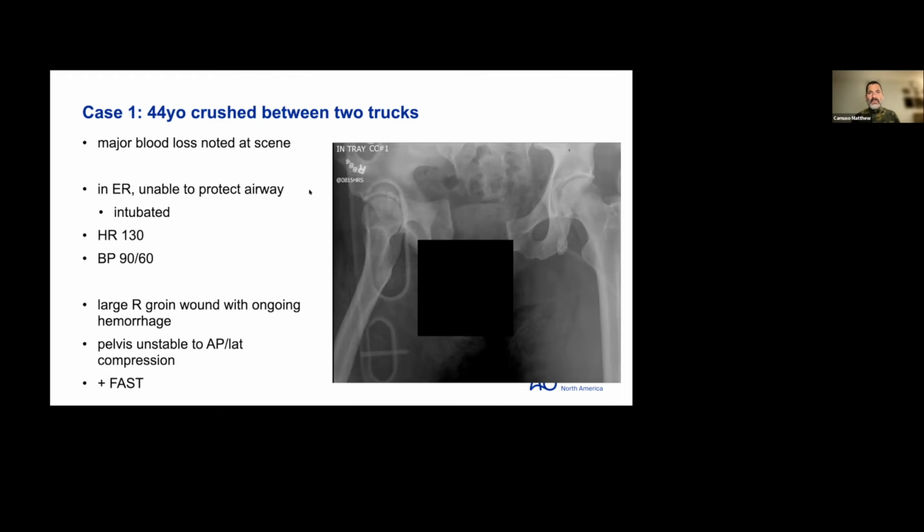I'm reminded by the words that my mentor used to say. He'd say, plug them up, wrap them up, warm them up, fill them up, right? So those first four things you can do right there in the emergency room. His groin is bleeding. And part of that investigation is to see if that groin wound communicates with his pelvis, and then you can just plug that up. Sheet, like you said, get them warm, and IVs, and we can help with at least 3 of those 4 things.